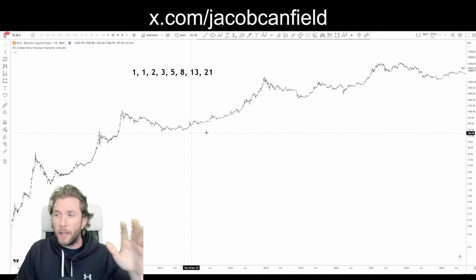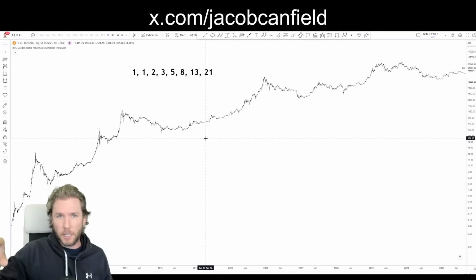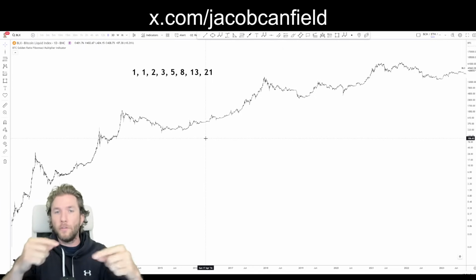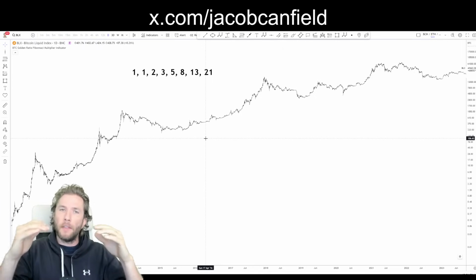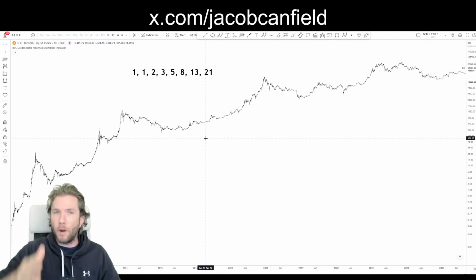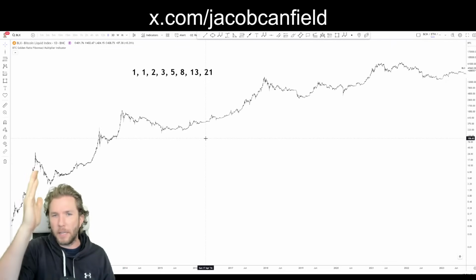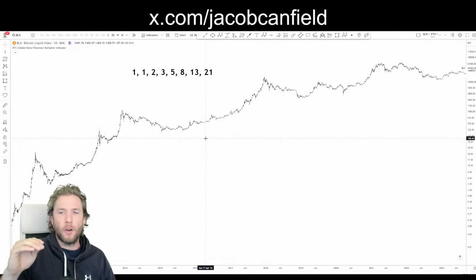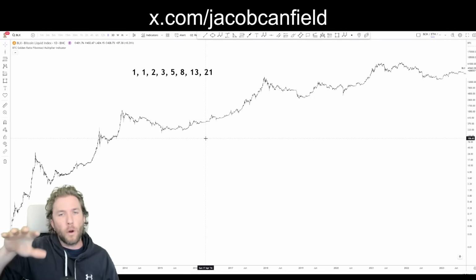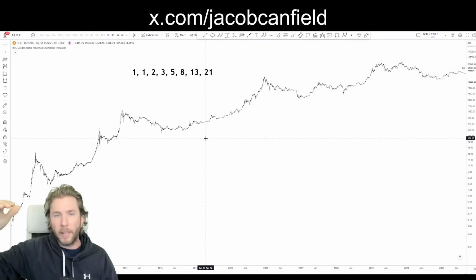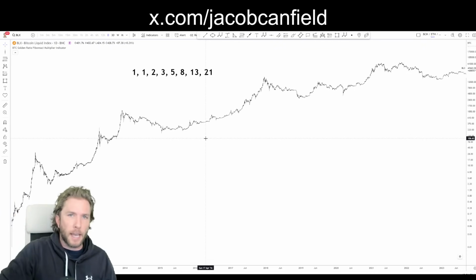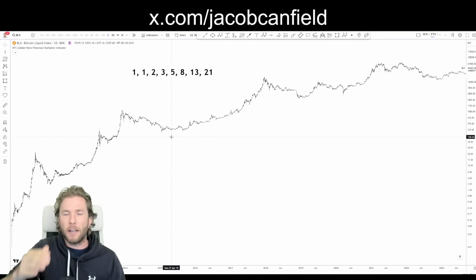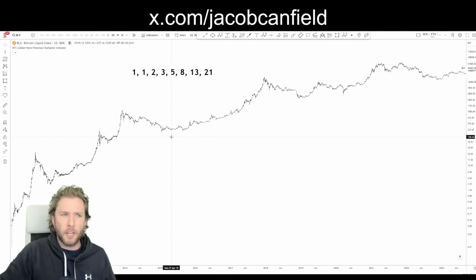Next, we're going to add our indicator. And what's really nice about this, if you stick around till the end, I'm going to show you the moving averages and how they've predicted the last 4 exact cycle tops, right on the money. Not only does it forecast the range at the top, but it has also given us the exact top in the last 4 bull market cycles. So if you stay around to the end, I'll show you how that calculation is done,